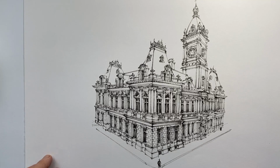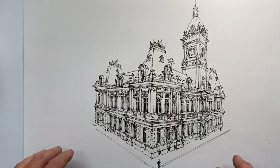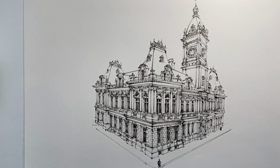An easy and quick way to improve our drawings. What's not to like about that? Well, if you know my drawings from other videos and from Instagram, you'll know that I do really enjoy drawing very grand architectural drawings. And I stumbled across how effective this technique, this method of improving our drawings can be